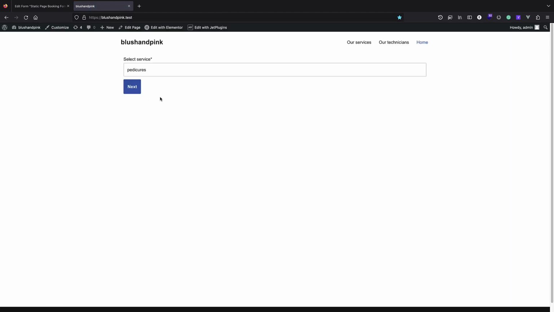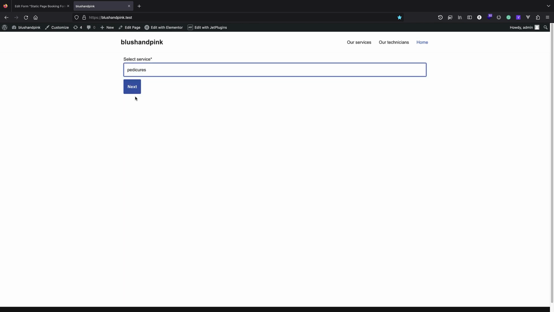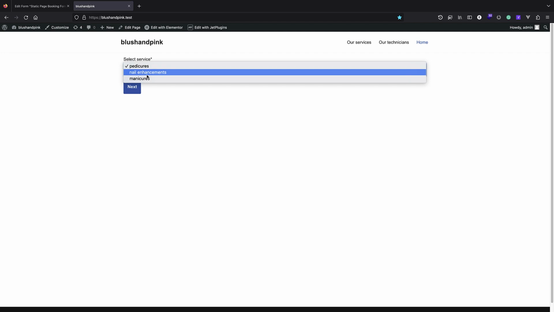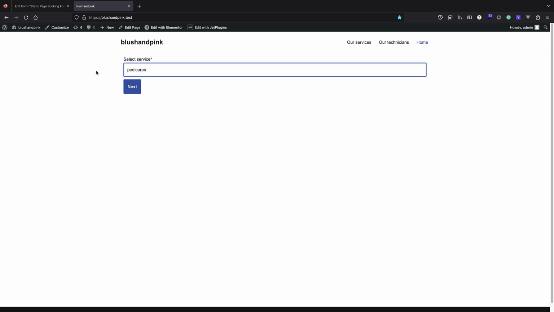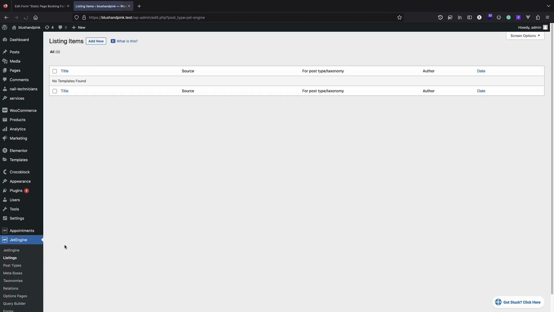Now this is still looking very basic, because we have no control over these select options here. Of course, we can change the button elements using CSS, but first of all, we do not have any control over these options, because maybe we want to have some images, or maybe use another font or some visual effect. Now, if you want to have these features, then Jet Engine has you covered. So they have a feature called listings, and they are a little confusing at first. You can just see their video, but basically a listing is just a